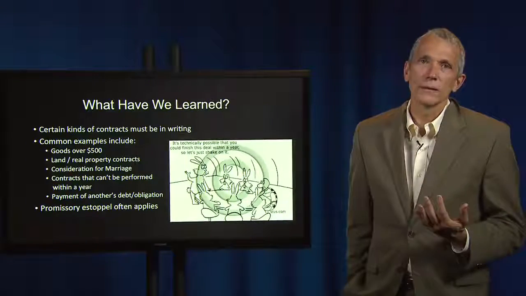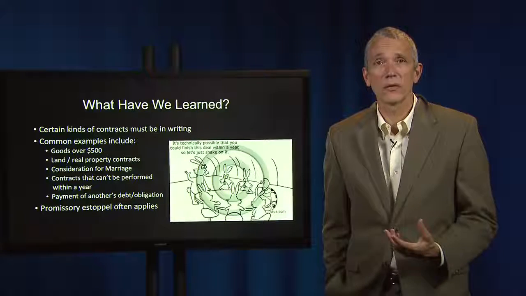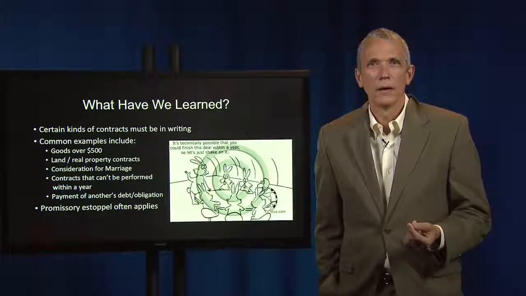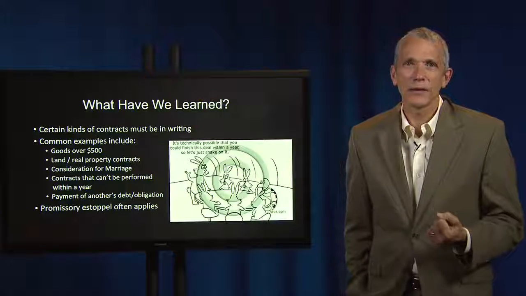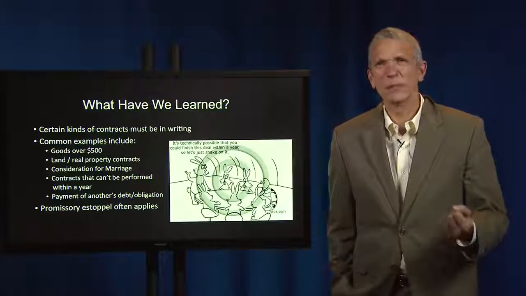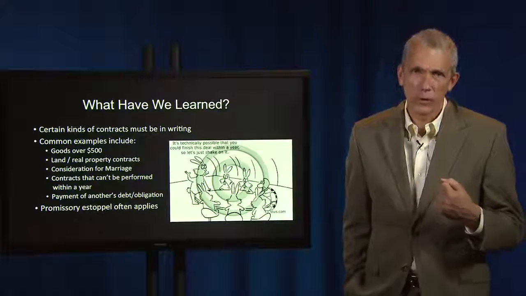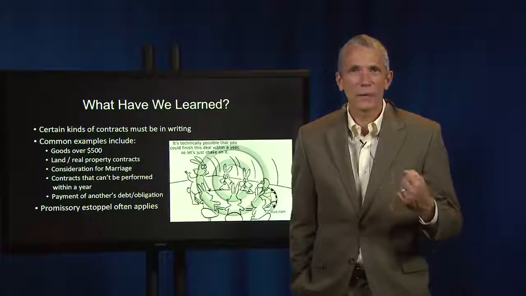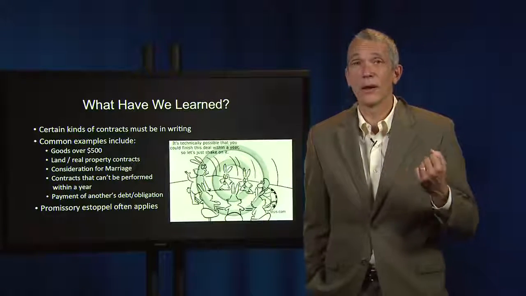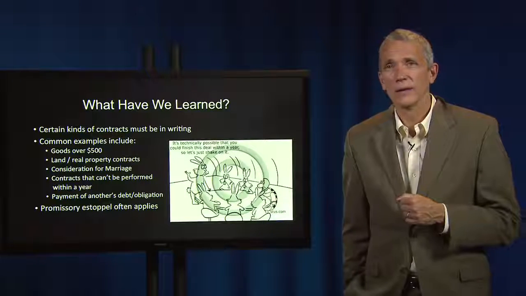So, what have we learned? We've learned that certain kinds of contracts must be in writing in order to be enforceable, and that this requirement has deep historic origins. We're familiar with the basic types of contracts that fall within the ambit of the statute of frauds: contracts to buy and sell goods over $500, contracts to buy or sell real property, contracts that cannot be performed within one year, and contracts offering something in return for a marriage promise. And finally, agreements to pay another person's debt. But we've also